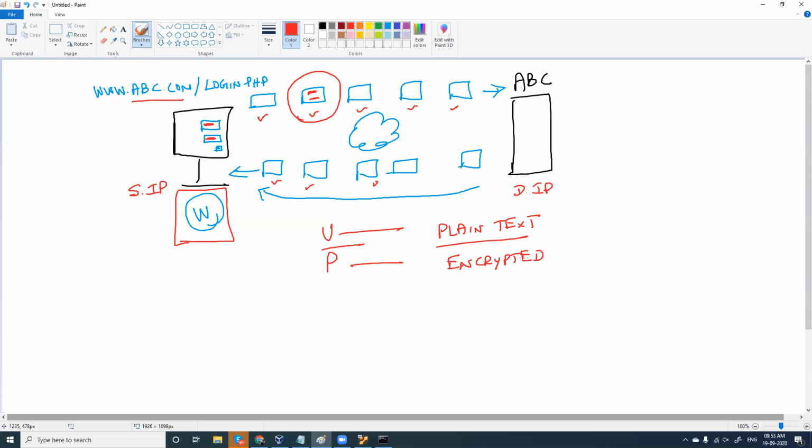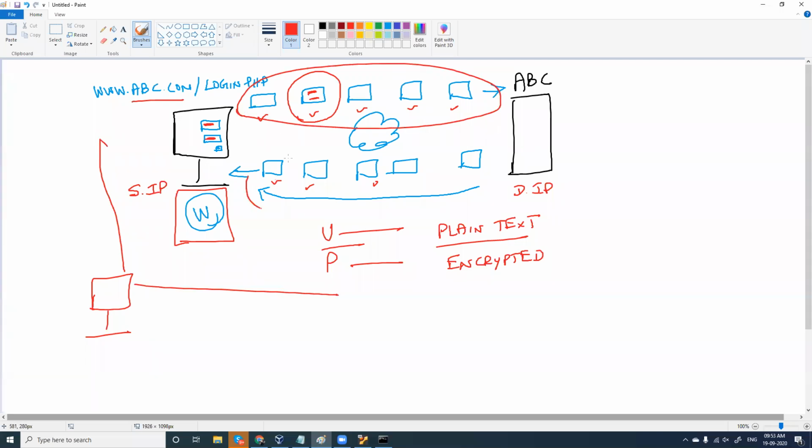But you have to understand this. In case you are able to capture packets, an attacker, if he is able to monitor everything you are doing and capture all your packets, fine, he'll be able to grab your username and password. He will know which website you are accessing. He'll get access to a lot of interesting information, right? So